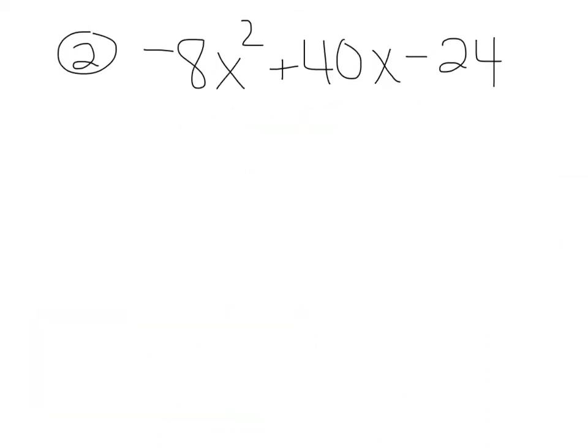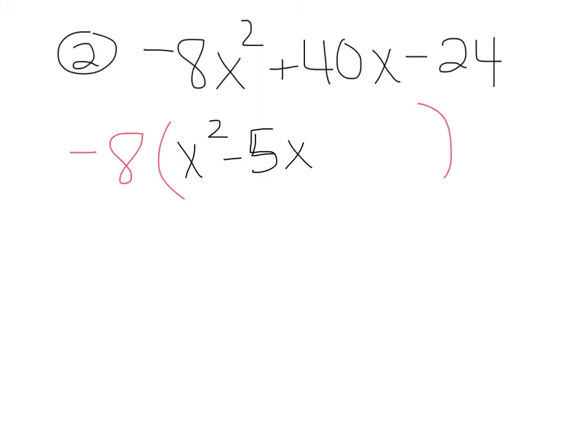All right, here's another one. Again, let's look for a greatest common factor between negative 8x squared, 40x, and negative 24. Well, yes, they all divide by 2, but there's something bigger that goes into all of those. They actually are all going to divide by a negative 8. So we're going to pull a negative 8 out. Again, remember when the first term is negative, we're going to pull out a negative for our greatest common factor. So when we do that, we're left with x squared minus 5x,